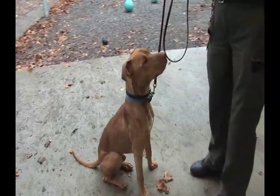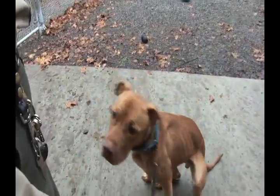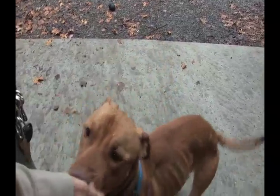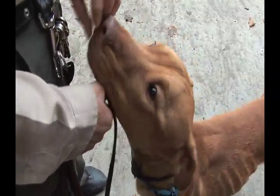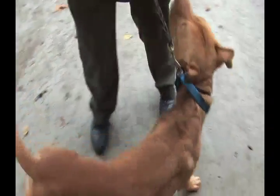He has a lot of energy, so he's kind of burning it off, and we're having a tough time keeping some weight on him. Come here. Sit. Good boy. He's a really sweet guy and really deserves to get a home. Just needs someone that's going to love him and continue on with his training, exercise him, and he'll be fine. He'll put some weight back on. Come here,